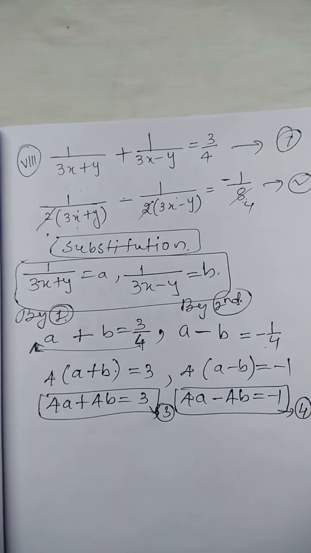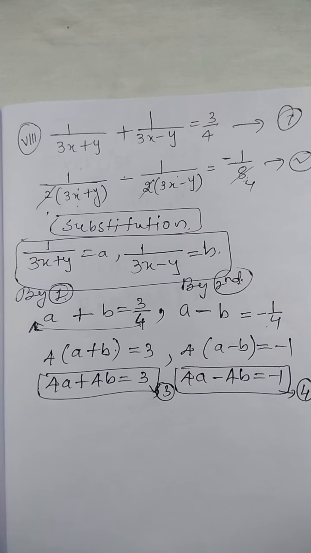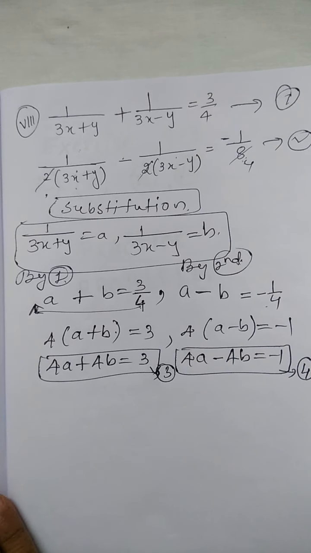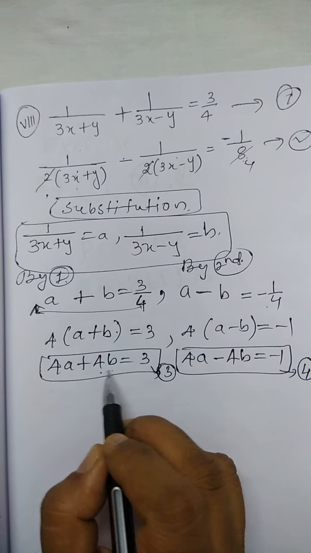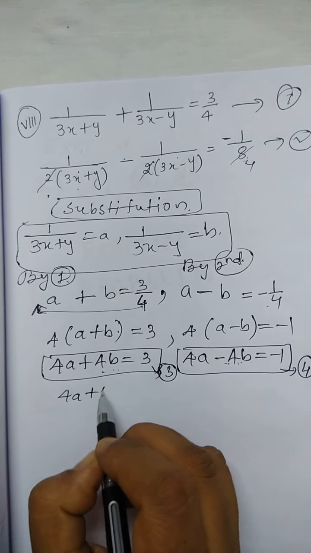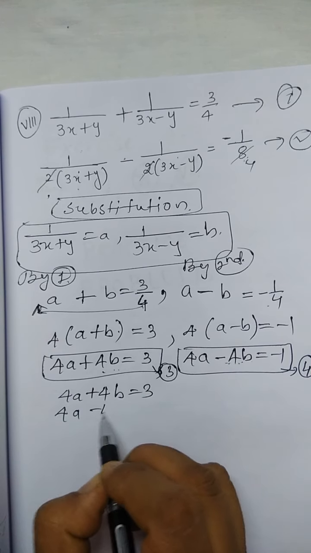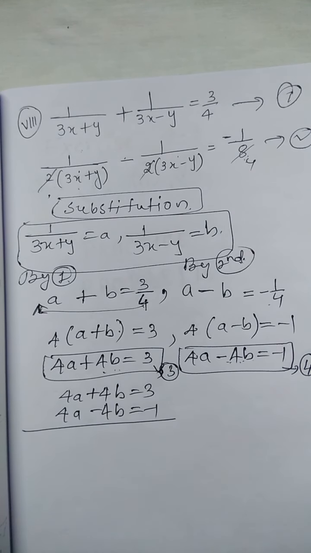Already I don't solve the problem and explain. Here in front of you I will solve, because you will understand better how I am solving and which steps I am following. That's why I am solving in front of you. Now here we already see it is 4b and it is minus 4b. How easy to use the elimination method here. Very simple. No need to multiply by any number here.